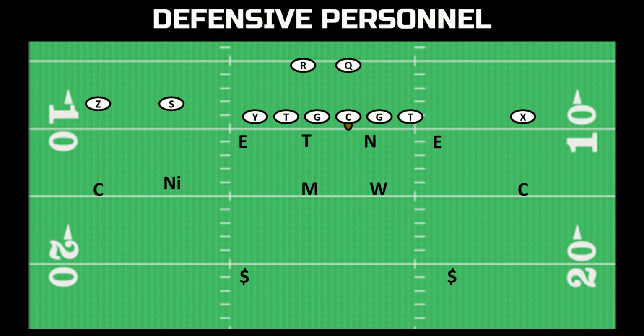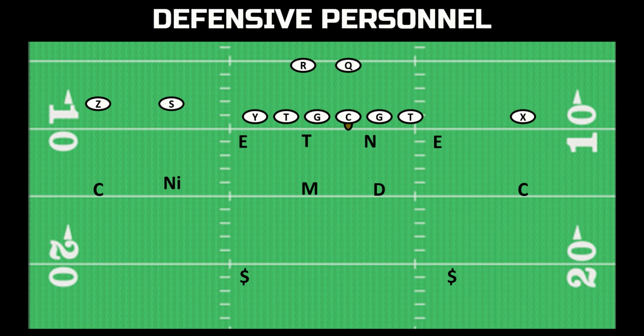And oftentimes in sub packages where you're subbing a nickel in for a Sam, a defense will call their Will linebacker a dime linebacker. It could be the same exact person, but on paper, instead of a Will, he's a dime. But in dime personnel, usually on third and long, obvious passing downs, or if the offense goes to 10 personnel, or if the tight end is a very significant receiving threat, the defense would rather have 6 defensive backs